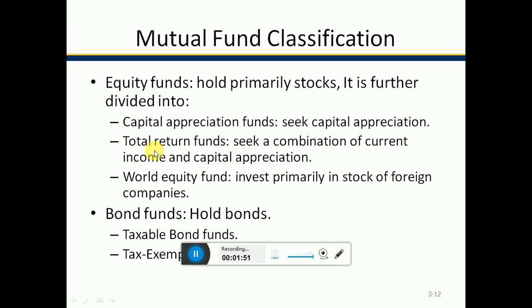The second type of equity fund is total return funds. They seek a combination of current income and capital appreciation. These are those funds which are looking for both capital appreciation and current income. Capital appreciation we discussed: if the price goes up, we call it capital appreciation. And current income means they are looking for dividends also. They are looking for those funds in which there is a chance of dividend as well as a chance